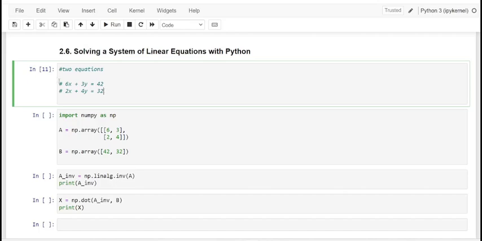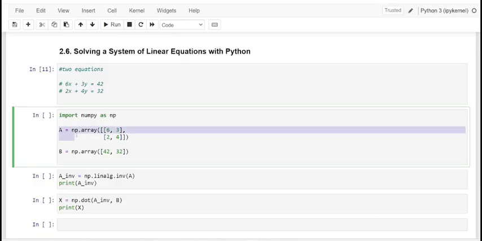So here, we are making the matrix A from the equations, and the vector is all on B. The number of rows in matrix A will be equal to the number of equations, and the number of columns will be equal to the number of variables. In our case, matrix A will consist of 2 rows and 2 columns.